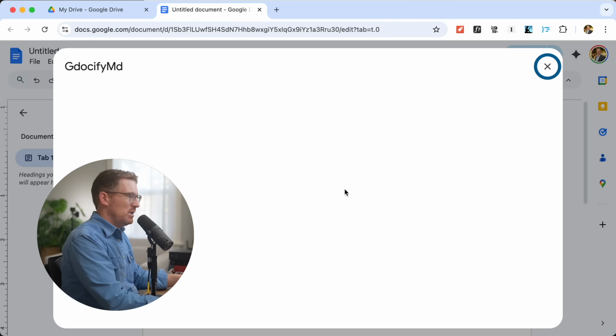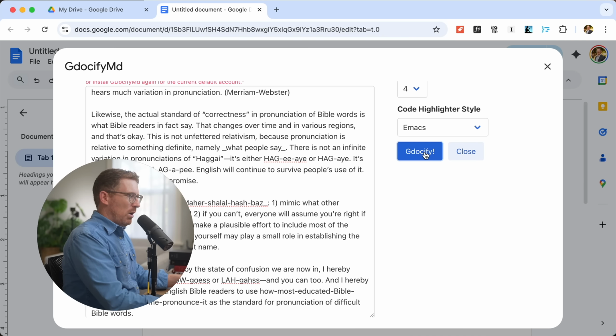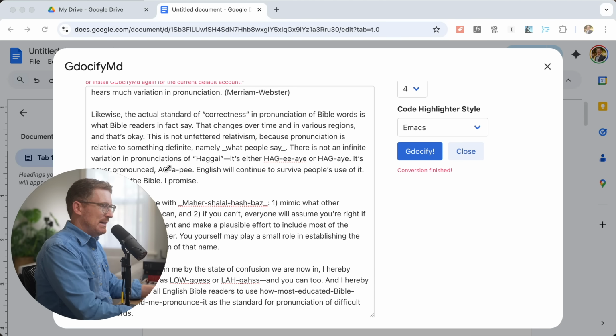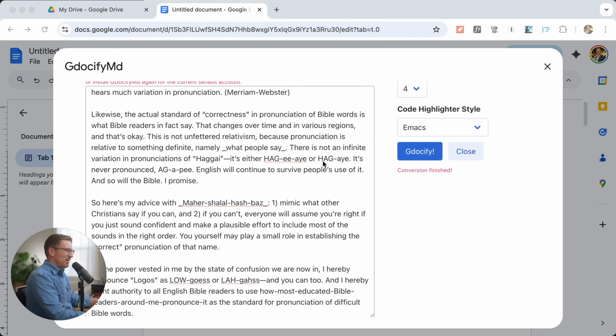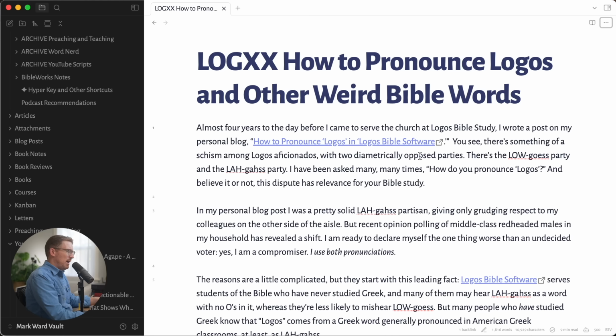And if I go gdocify Markdown and I paste that whole Markdown document into it, I end up with nicely styled Google Doc text sitting nicely in my document. I have Raycast mapping Command F1, which is just one of the easiest things to do with your left hand, your thumb on Command and your middle finger on F1 to launch Obsidian, so I can get into it at